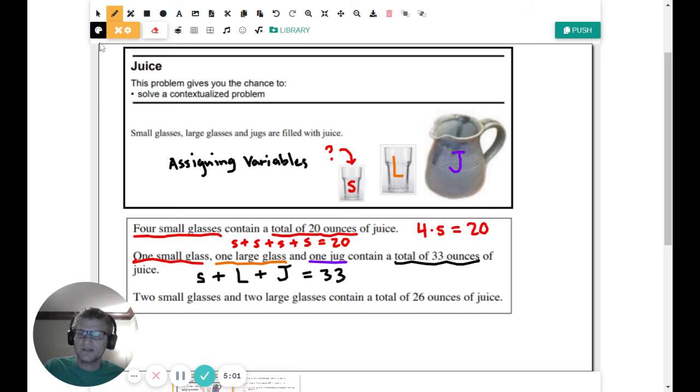Now let's talk about the third one. 2 small glasses and 2 large glasses. So I'm going to underline this in red. I'm going to underline the large glasses in orange. 2 large glasses contain a total of 26 ounces of juice. Okay, so we've got another thing. So 26 ounces. I'm going to write an equation for that. These two things hold this much. So we're going to say 2 times S, or 2S, plus 2 times L, I'm putting a dot there to represent times, equals